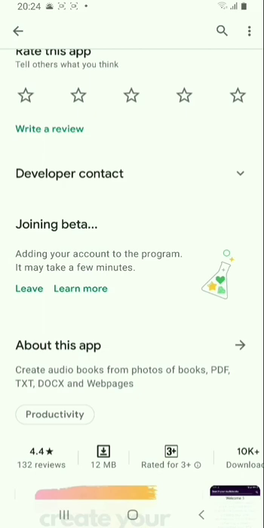After that, if you have already installed the InstaReader application, when you just open the application itself, it will show you that an update is available. You can directly update from the InstaReader app. Or if you have not installed the InstaReader application, you can come back here and click on the install button. The new beta version will be installed in your mobile phone.